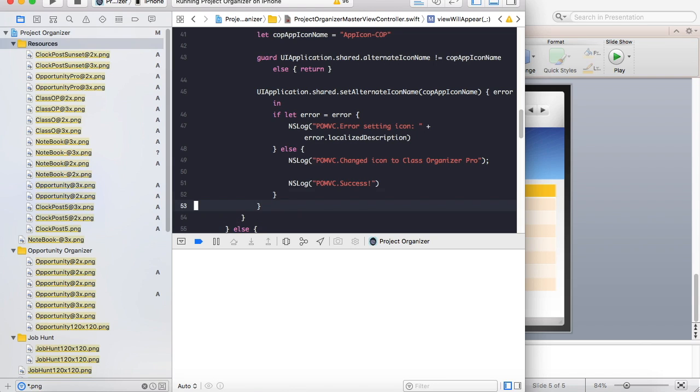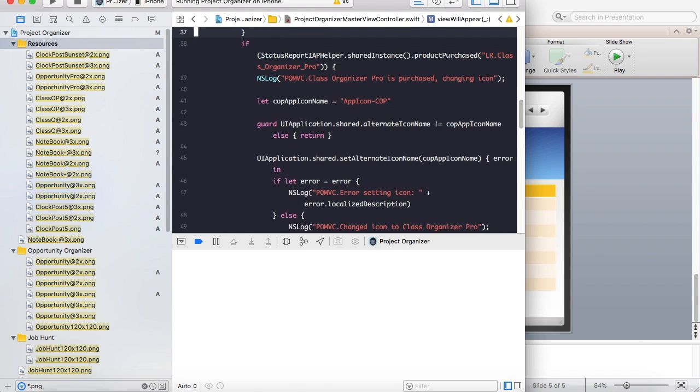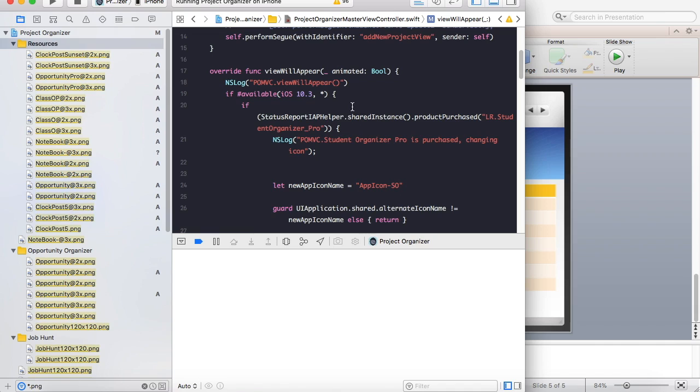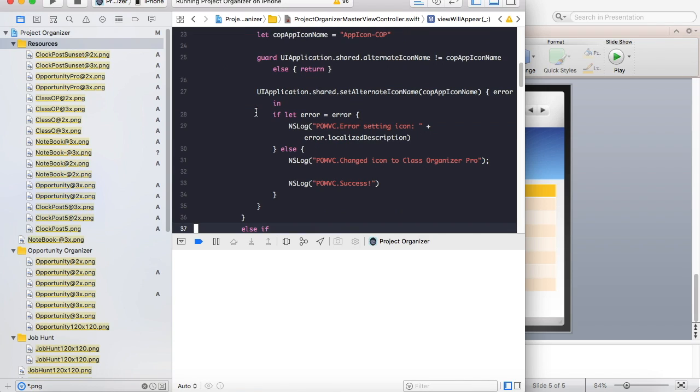That's good. And then I'm going to put an else if on that so that we don't have the behavior of two apps. Very good. Then we'll go up here, and this Student Organizer Pro is going to be an else if also. And then we're going to give it precedence for two apps, and they are going to be the Opportunity Organizer Pro